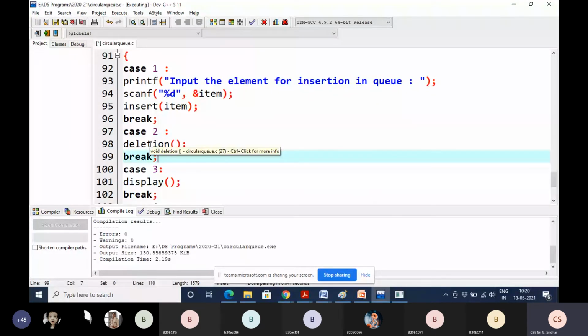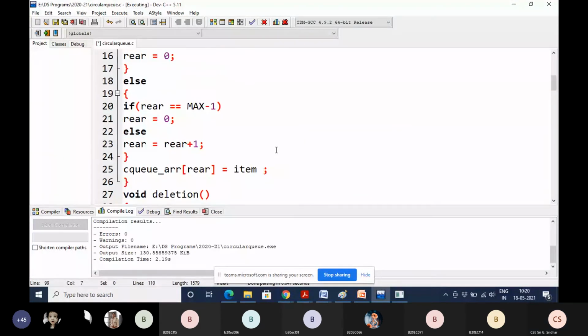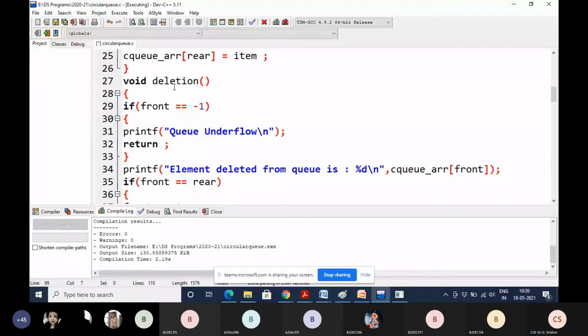It goes to the deletion. Here, if front equal to -1, the circular queue is already empty, so deletion is not possible. That's why it will display queue underflow.